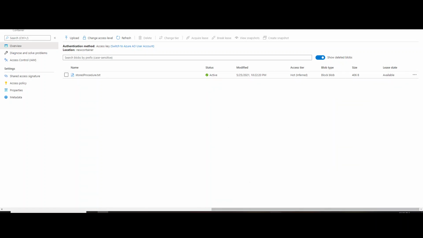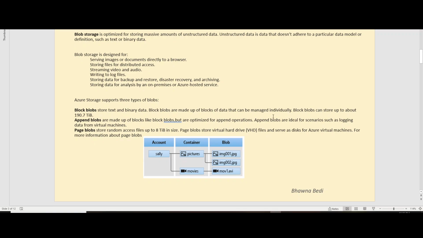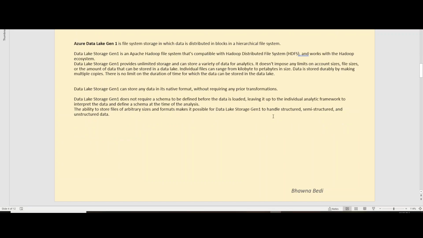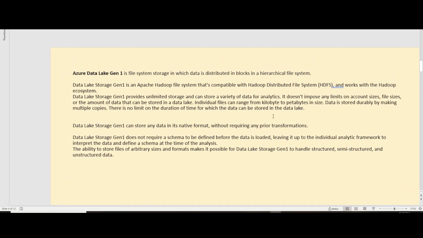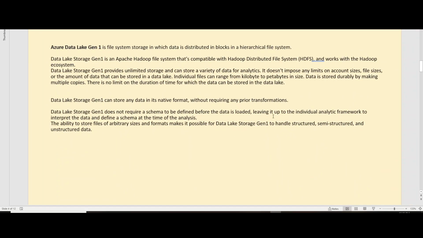And now let's move ahead to the second type of storage that we have, that is Azure Data Lake Gen 1. So when you talk about Azure Data Lake Gen 1, I will not take Data Lake Gen 1 much in detail because it is not being used widely now. Probably nobody in your organization will actually use Data Lake Gen 1. Most probably people will prefer your blob storage or Gen 2 storage. But just for the knowledge sake, I'll explain what it is.